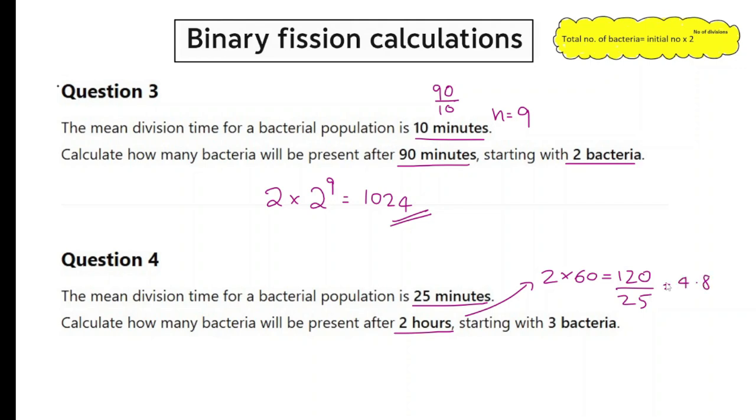That's okay. So the initial number is 3 multiplied by 2 to the power of 4.8. And you get 83.57. So obviously you can't have a fraction of a bacterium. So we will approximately say that there'll be